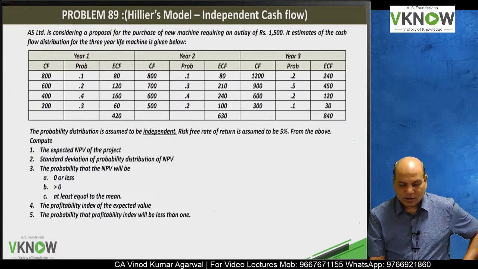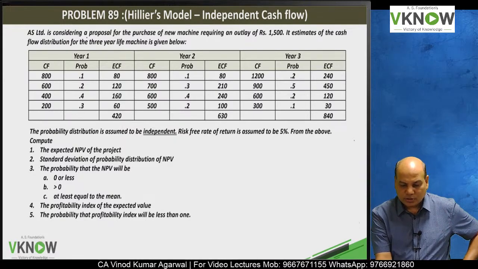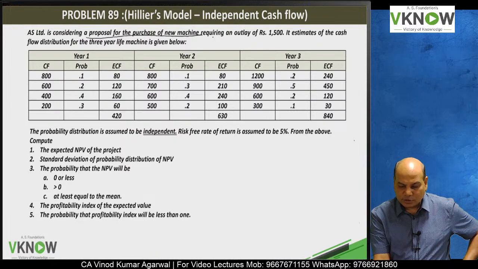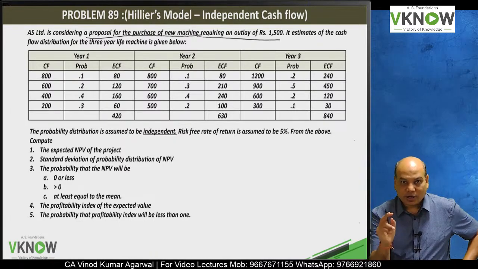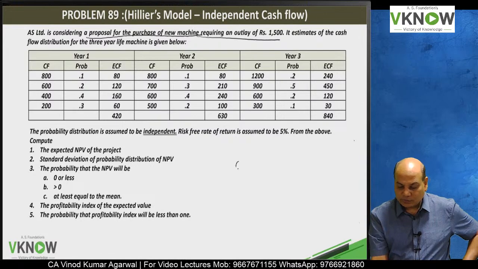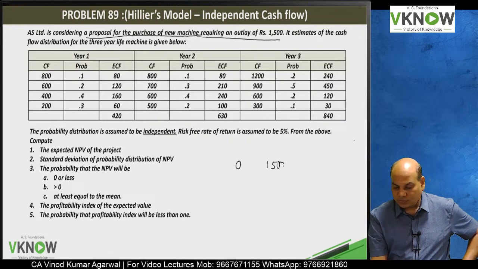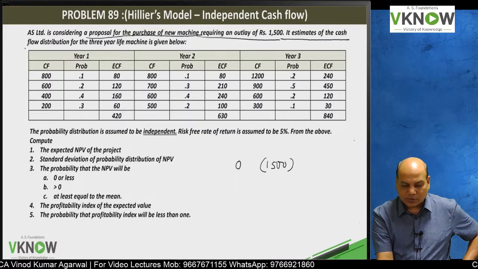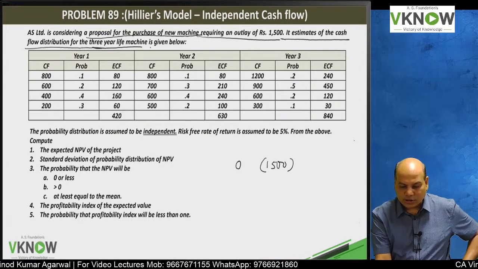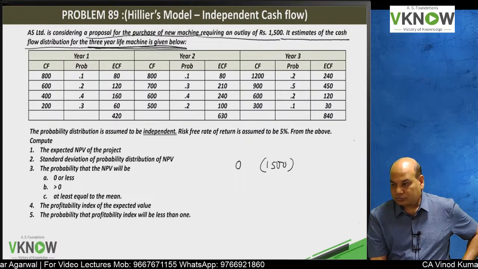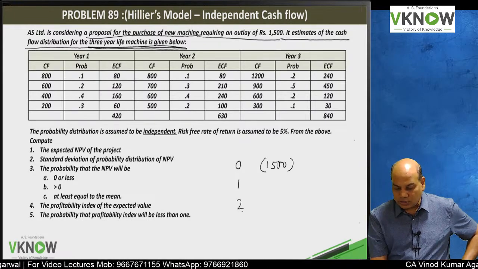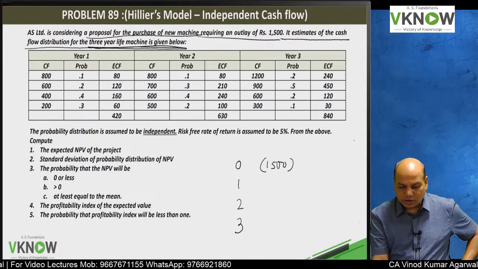Question is, AS Limited is considering a proposal for the purchase of a new machine requiring an outlay of rupees 1500. So year 0, 1500. Its estimate of cash flow distribution for the 3-year life machine is given below. So year 1, year 2, year 3. In this question,